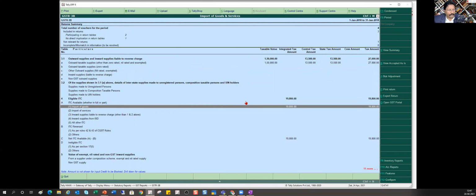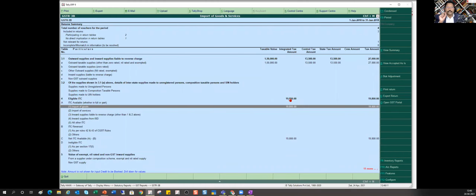See here, because I have used the appropriate flag, Tally is telling you your input tax credit of IGST of 19,800 on import of goods is automatically captured here. And now you set off your 13,500 against this IGST, and then you make your payment.